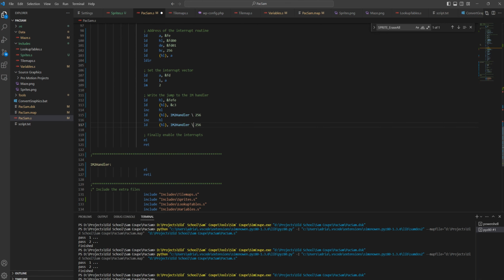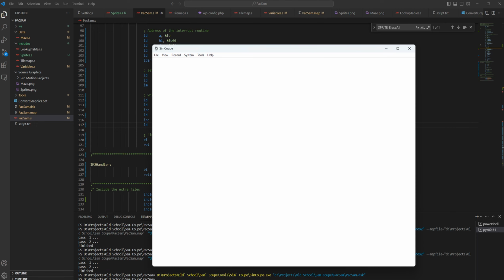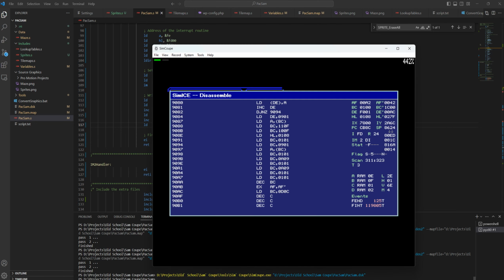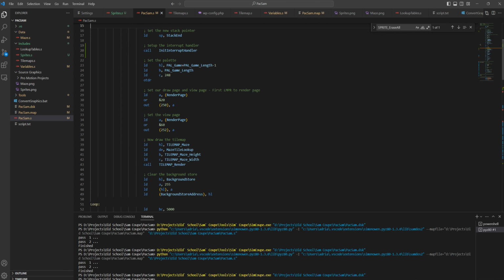I got these the wrong way around, probably. There we go. Close that one down. Forgot which way you put the slashes, so that's getting a low byte, and that's getting a high byte. Okay, so we're not doing much with this interrupt handler, but we have an interrupt handler running, so